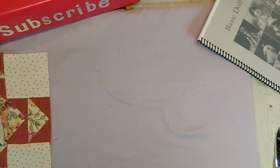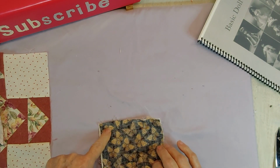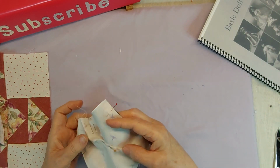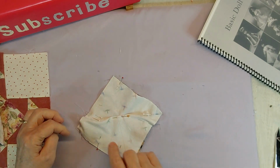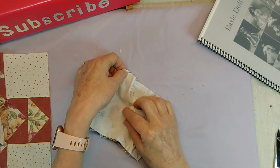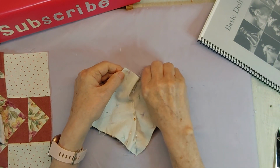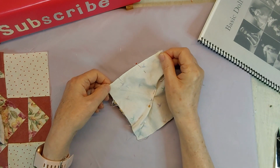And then this is my last method I want to show you. I take a 5-inch square and a 5.5-inch square. And the larger square, I draw a line from corner to corner both ways. Now I have pinned this on. I line up the corners here and put a pin in it all the way down to this side